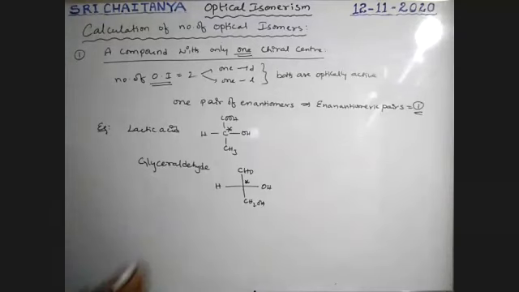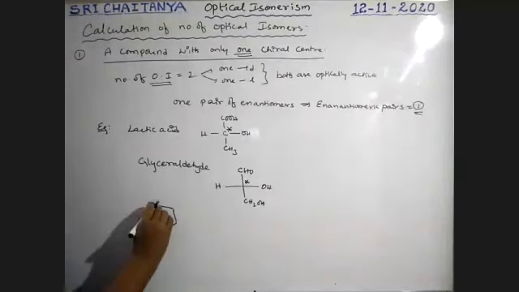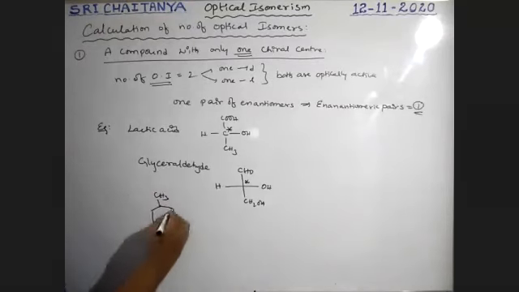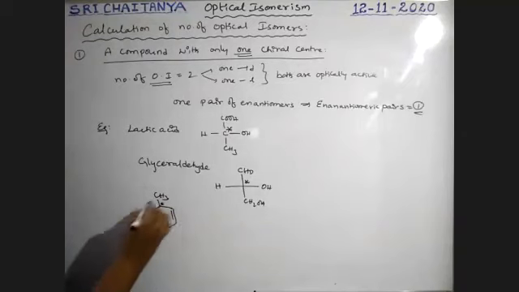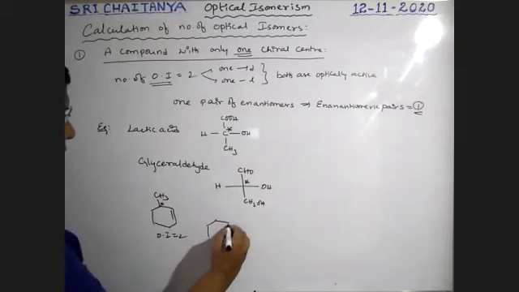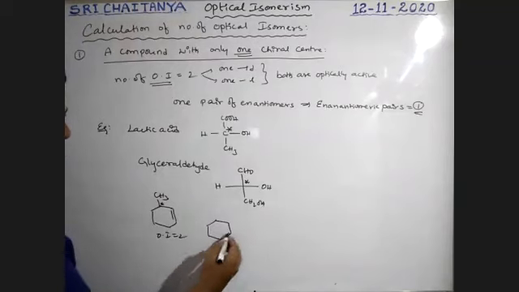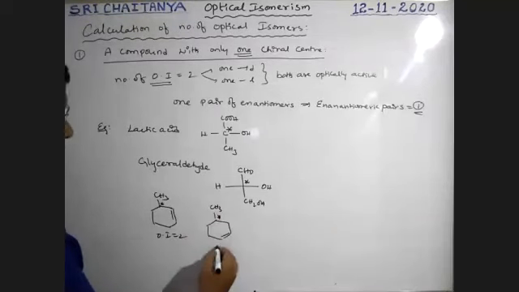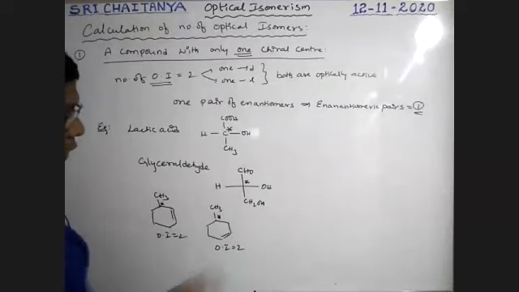Next, for example, I am taking this compound, boys, with CH3. This is the chiral center, only one chiral center. So this one has optical isomers 2 only. Next, if I am taking one like this with CH3 here, this is the chiral center, and optical isomers is equal to 2 only.